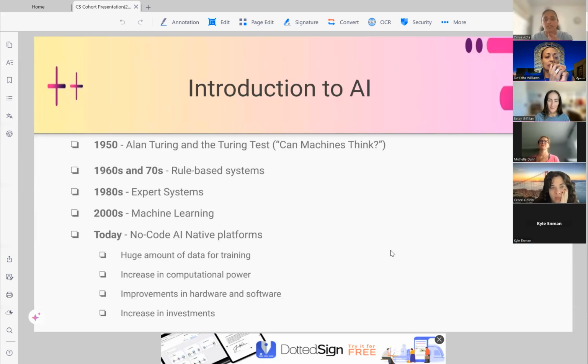And so huge amount of data is now available for training. And because of all of this data that's out there for these machines to be able to learn, there's now an increase in something called computational power. And that's basically how quickly the machines can learn and give you back responses, right? So the technology is advanced now to where there's a lot of this computational power that's available, which again goes hand in hand with hardware and software systems, right? So you need to have these chips that will actually push this power out.